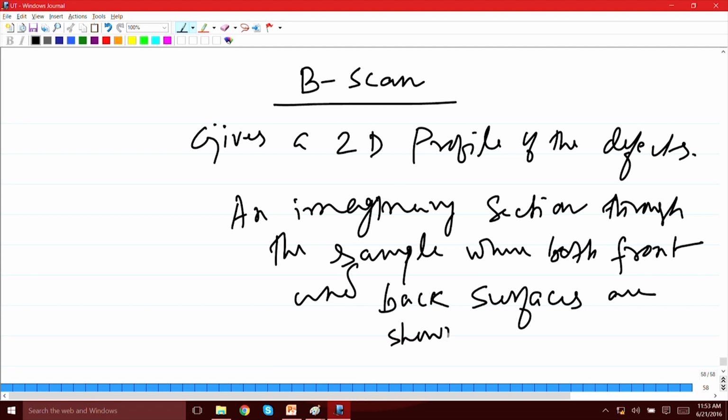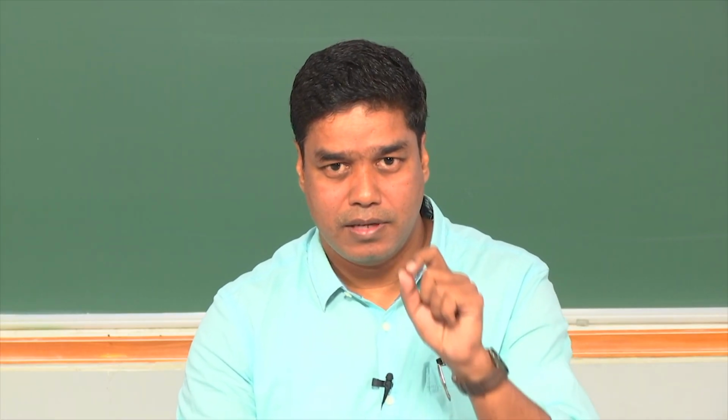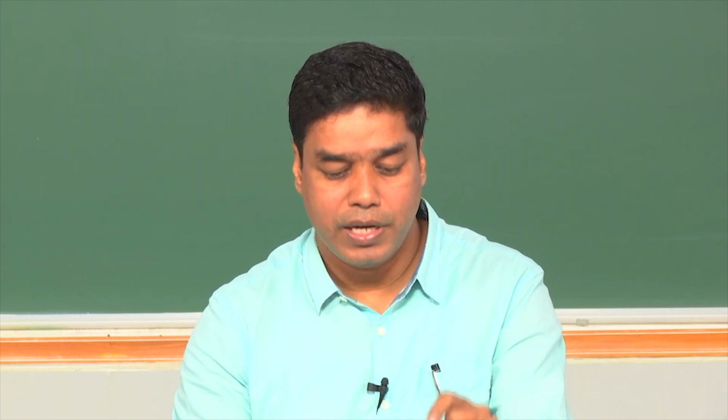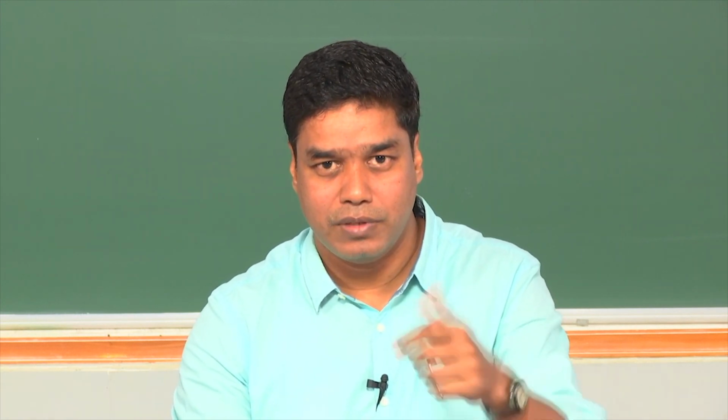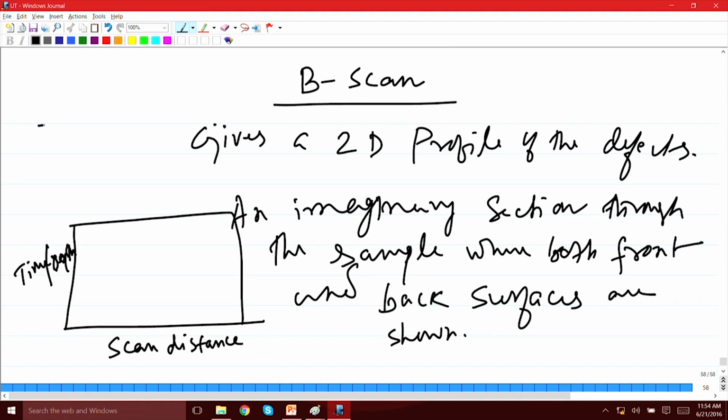Okay. So, this is what it is, and if you look at the displays, the display will be like this. So, the time or depth in this case now will be in the y axis, because as I told, the depth will be directly shown on the display, and this x axis now will be scan distance. Okay. So, this will be shown on a fluorescent screen, and you will see the defect echoes as fluorescing points coming into the display and staying there for some time, so that you have enough time to see and visualize them. So, let us say if you have a sample like this,